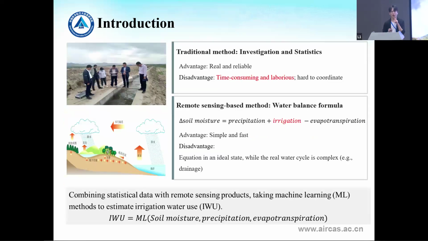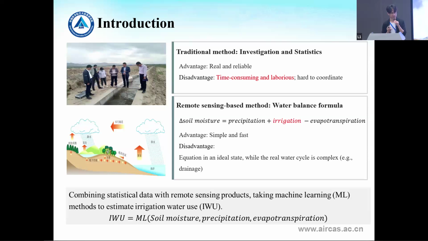Traditionally, the record of irrigation relies heavily on the survey of the Department of Agriculture. This method is generally the most reliable, but its shortcomings are also obvious. For example, it is time-consuming and laborious, and it's hard to coordinate, especially on a large scale. In recent years, with the development of remote sensing, it has been applied to retrieve various hydrological variables, such as precipitation